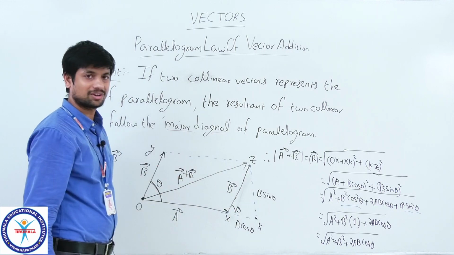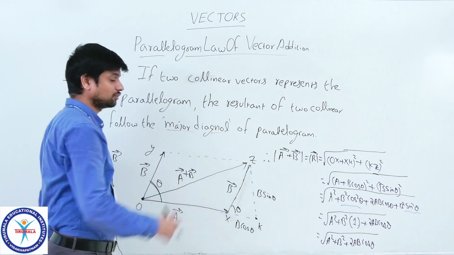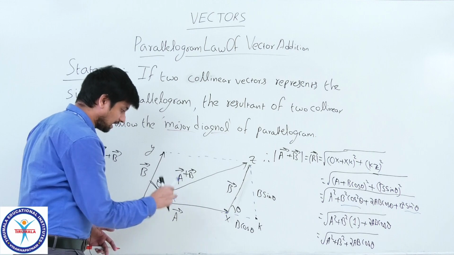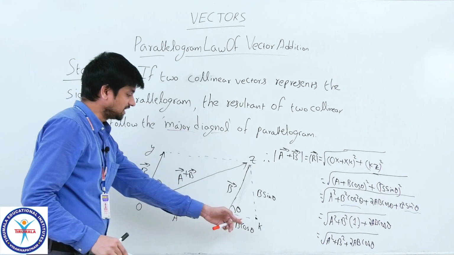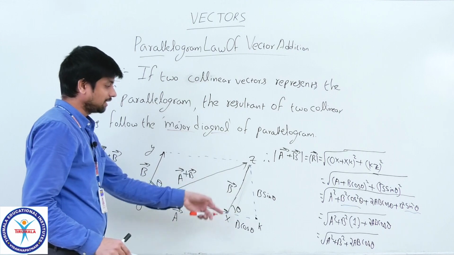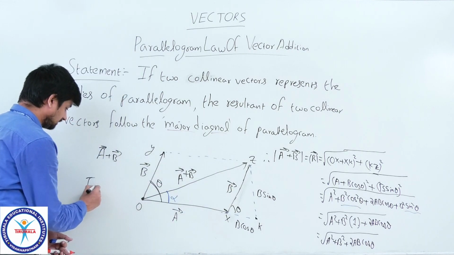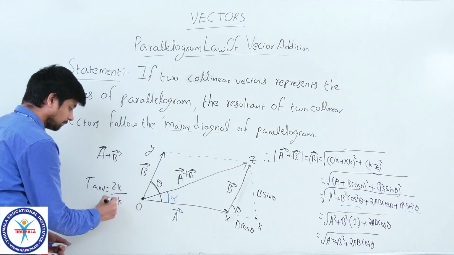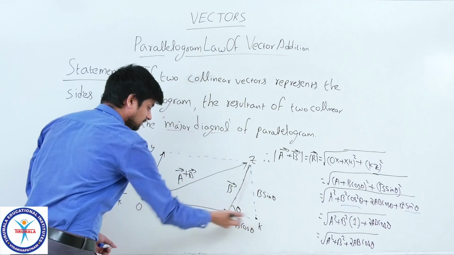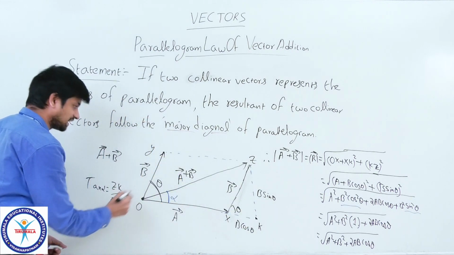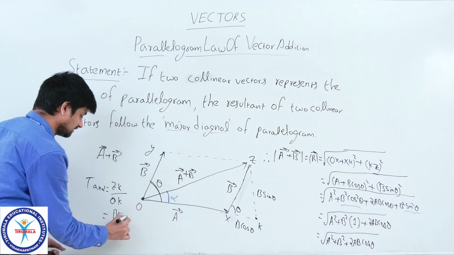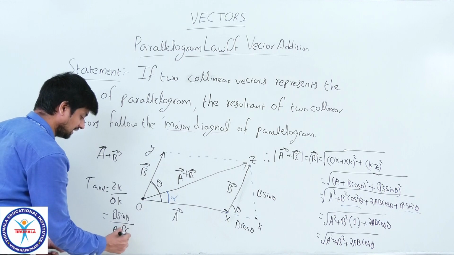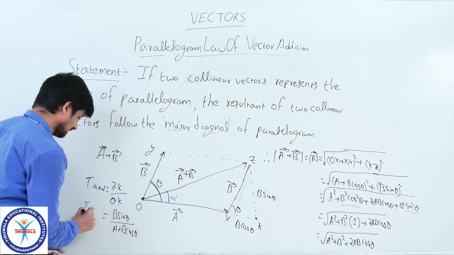again I applied. Okay children, in this way you can calculate its magnitude, and again if you want the direction, that means alpha, tan alpha value, zk by ok, zk means b sin theta, tan alpha equal to zk by ok, means zk opposite side by adjacent side, this one. So, zk value b sin theta by ox plus ak, a plus b cos theta. So, this is the tan alpha.